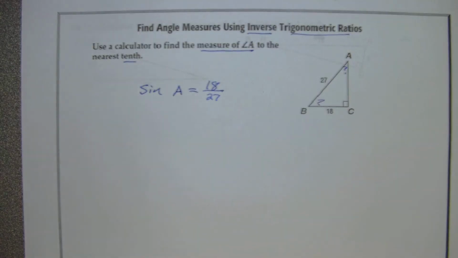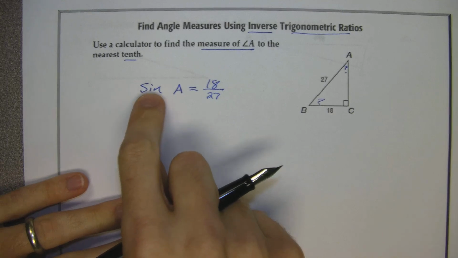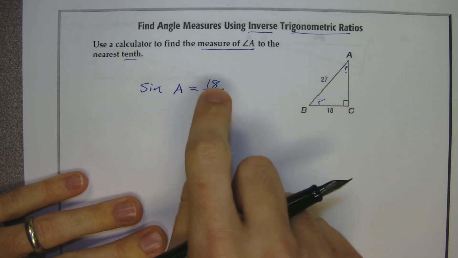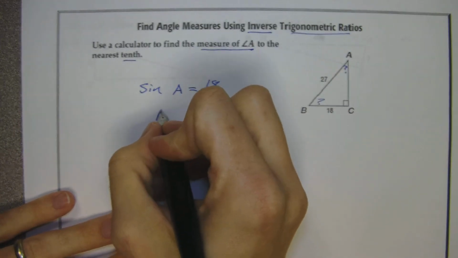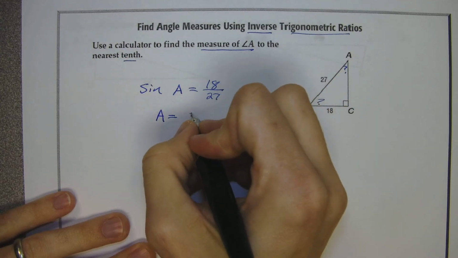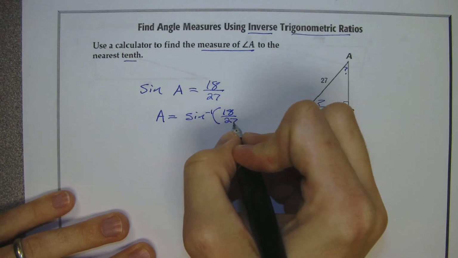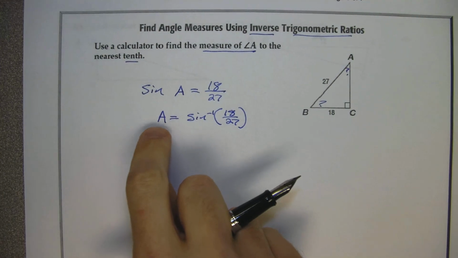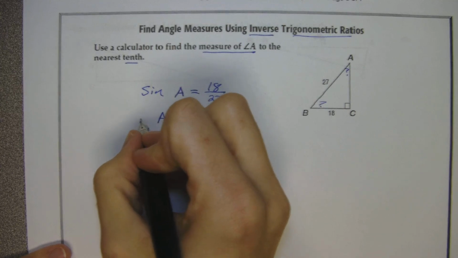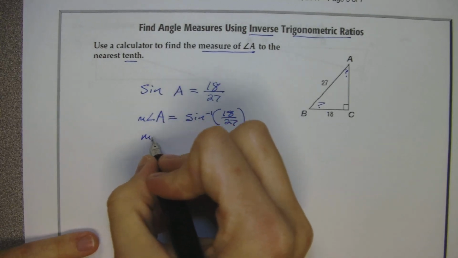All right. So as it's currently written, we have no way of figuring this out. And what in the world could this angle be? I mean, we can sit here and guess and check if we'd like, but there's a better way. In order to move sine, or any of our trigonometric ratios, from one side of an equation to the other, we'll use the inverse. So the way we can write this is that A equals the inverse sine of 18 over 27. And this will ultimately be what we'll type into our calculator to figure out the measure of angle A. Some people would prefer us to write the measure of angle A is equal to what we have here. So let's do that. So the measure of angle A